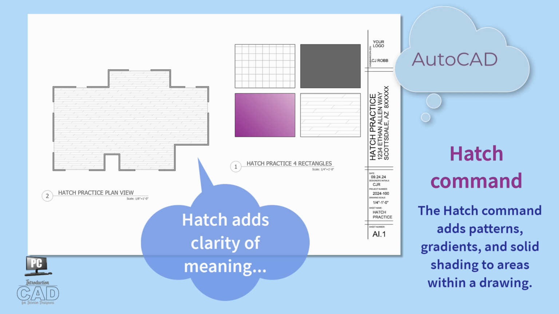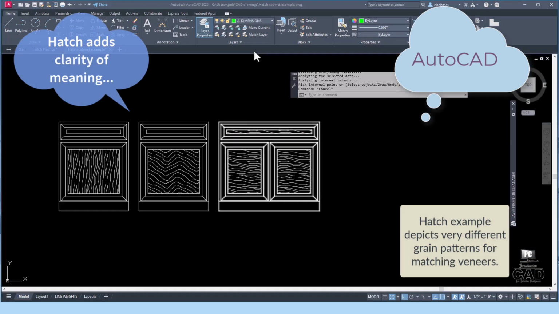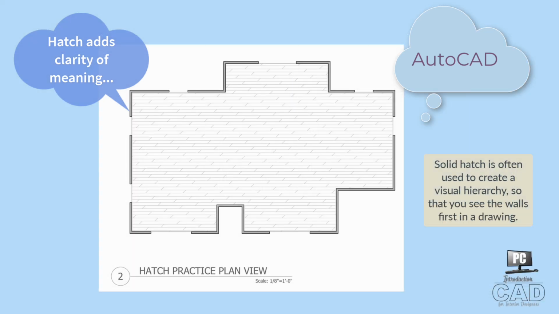In this example, the hatch pattern helps to provide meaning to the flooring material for the interior design. In this example, the hatch pattern provides very specific definition to the type of wood grain used on the cabinet panel. These two examples show very different methods of constructing the recessed cabinet panel of a framed cabinet style. Finally, solid hatching is often used to fill in the exterior wall lines on floor plans to add visual hierarchy